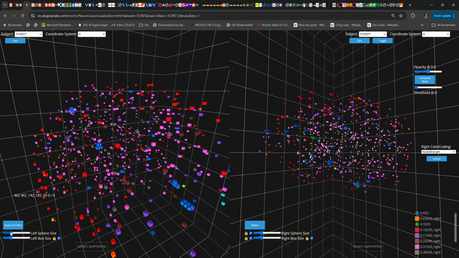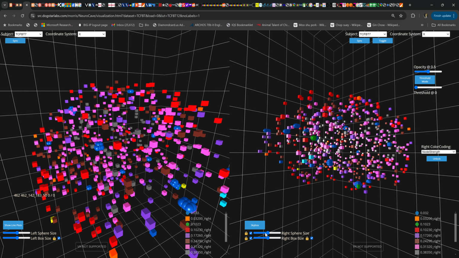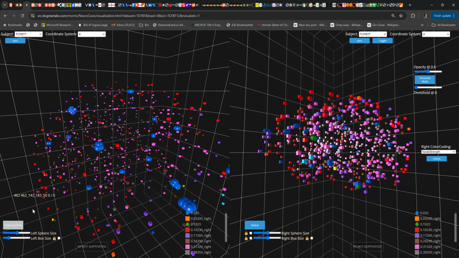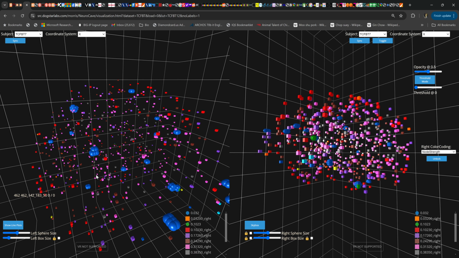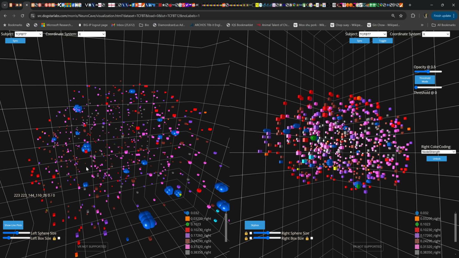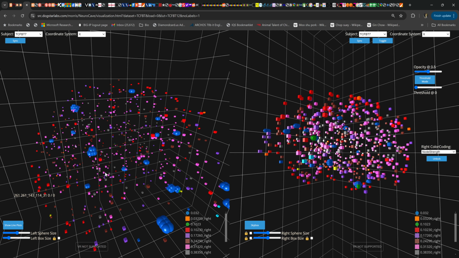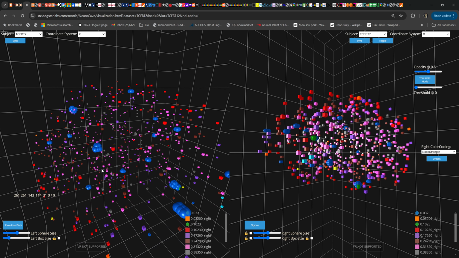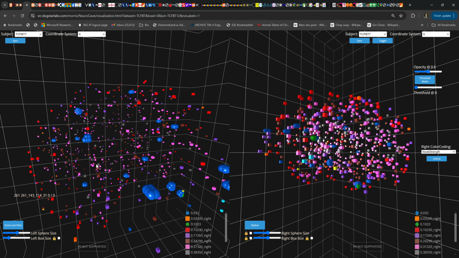By default, these size scaling selectors are all locked, but we can unlock them with these check boxes and control all of them individually. So we can shrink the cubes to focus in on the tumor data set. Now the tumor data set is masked out in the raw data,